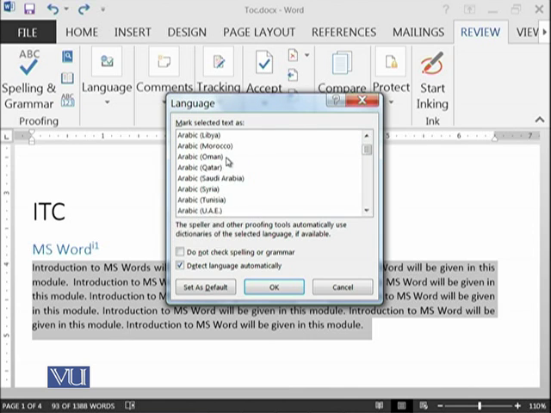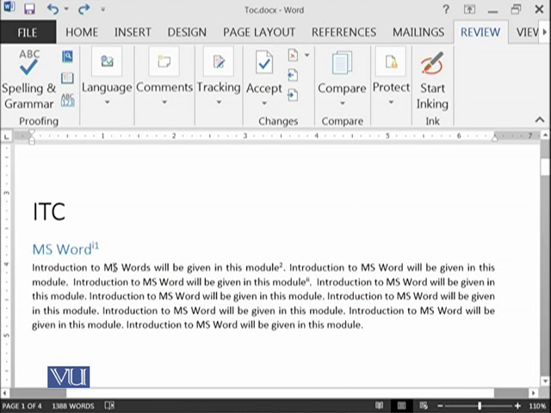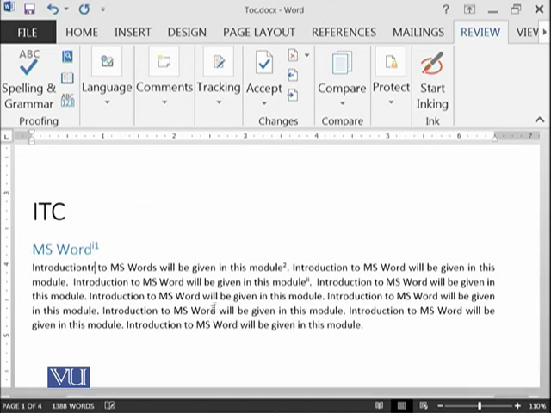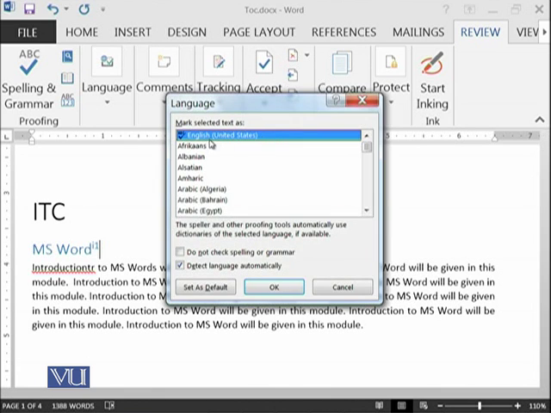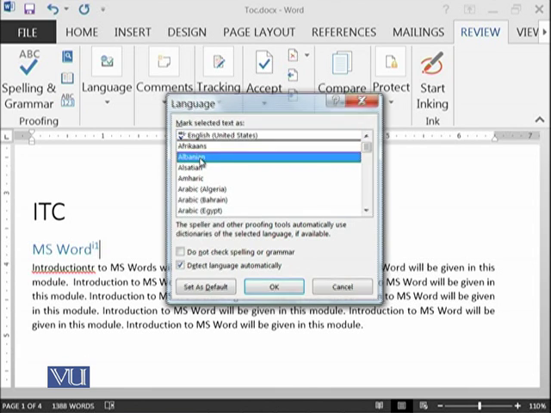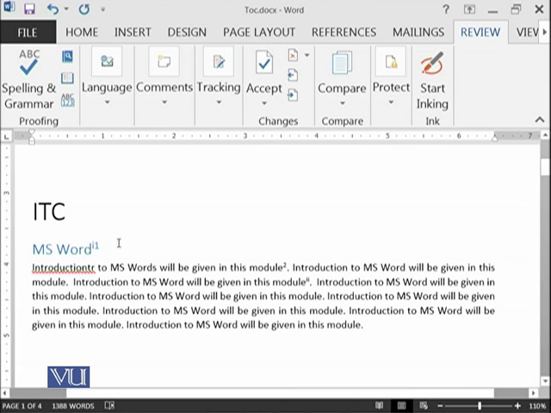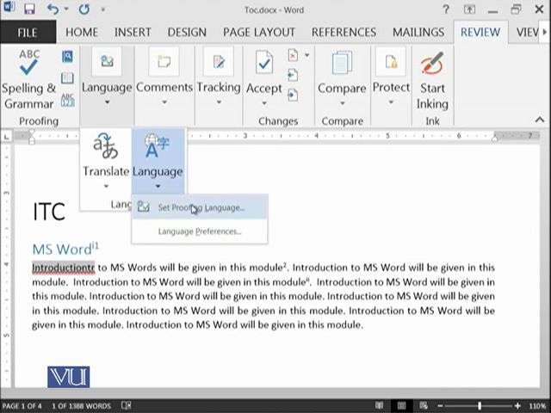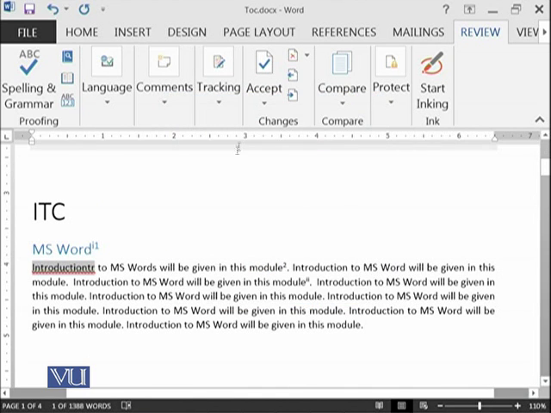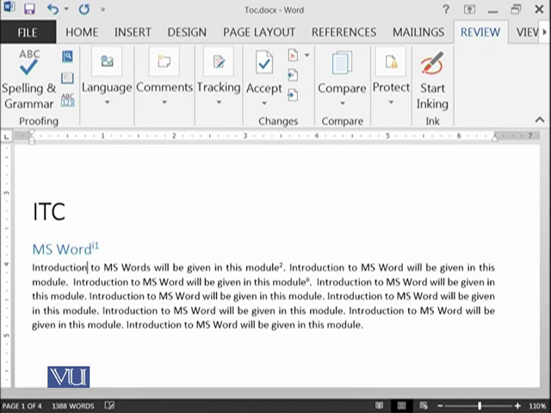Then you can also select other languages from here. Sometimes it has happened to me that I have written something very wrong here. For example, I have written here like this, but the language was not English. I have, for example, selected Albanian or something like this, and in Albanian maybe this is the right word. So it will not tell me whether it's correct or wrong. So you need to set your language properly, in the United States or based on your requirements.